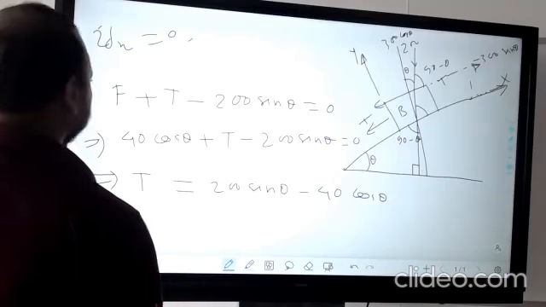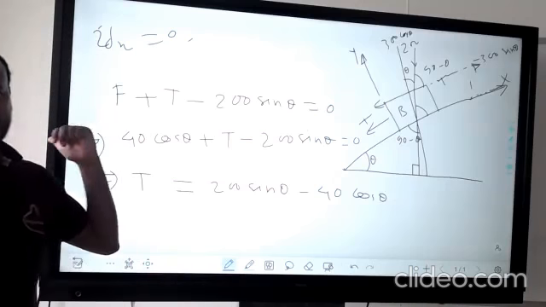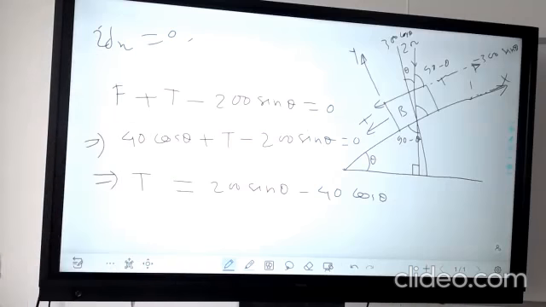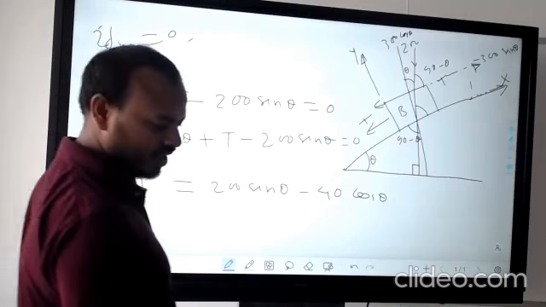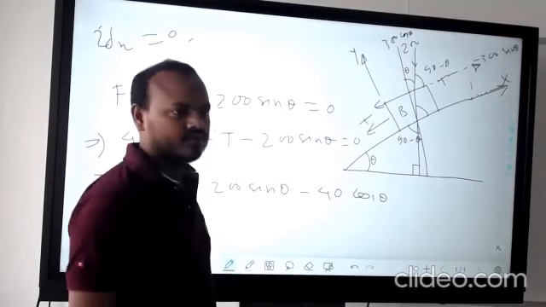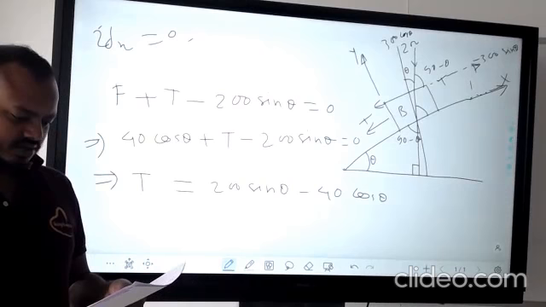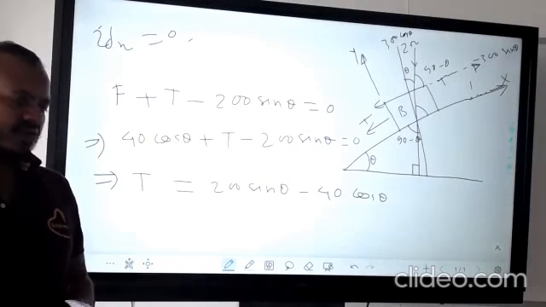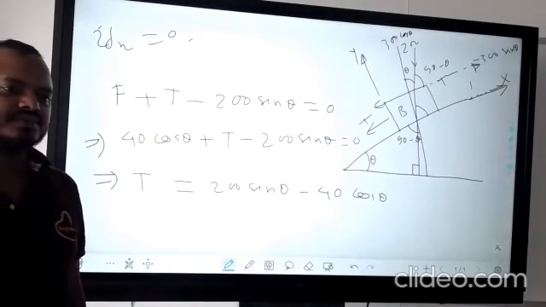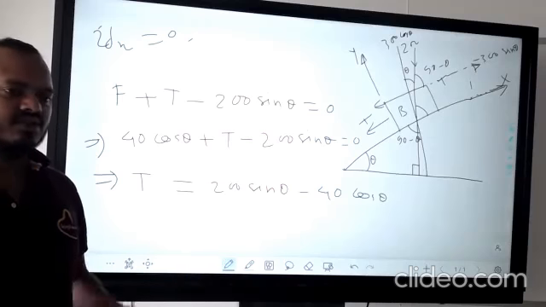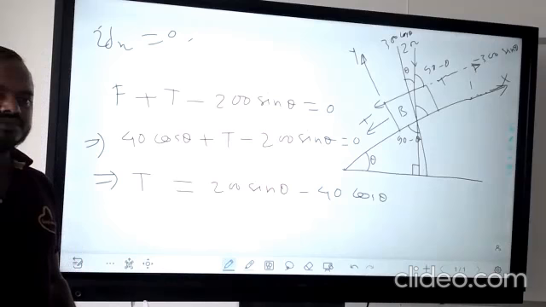Same things. Apply summation of f of x is equal to 0, summation of f of y is equal to 0. Any confusion still you have? If you have, you should ask. So instead of calculating, you should have a scientific calculator, no? Pythagoras theorem we can use, but sometimes the calculator is required. It's lengthy, but